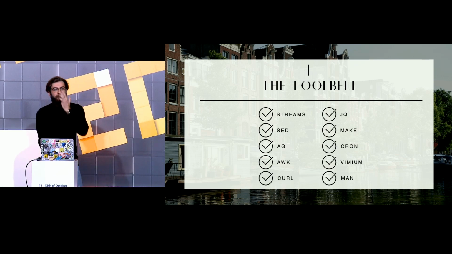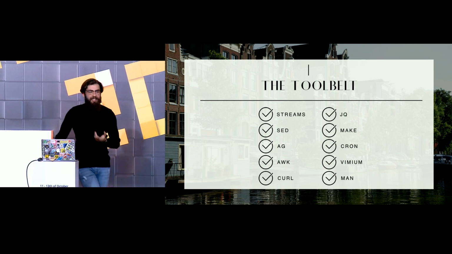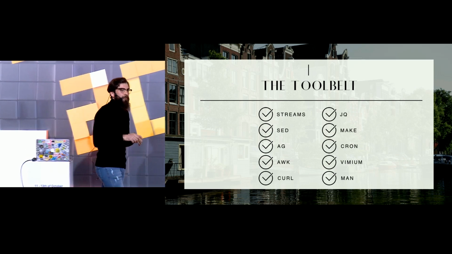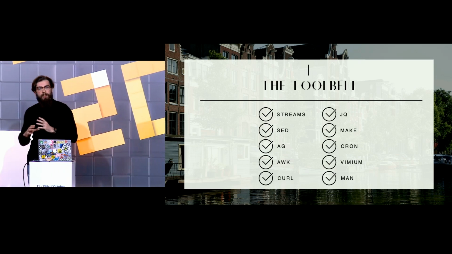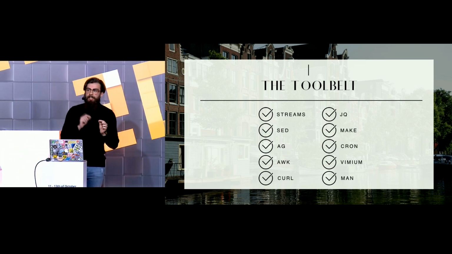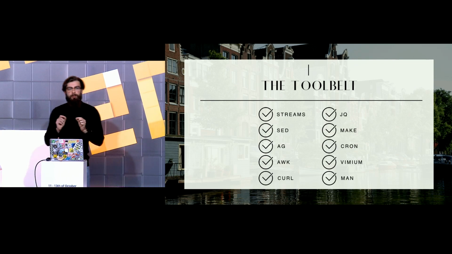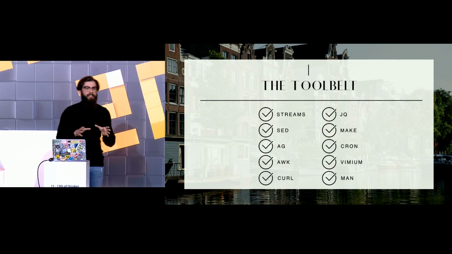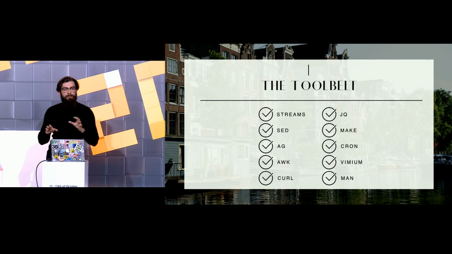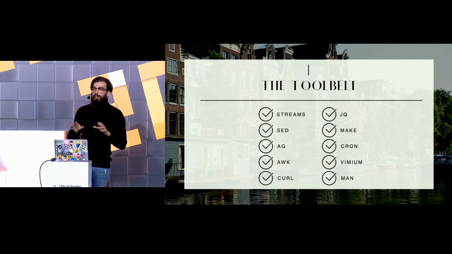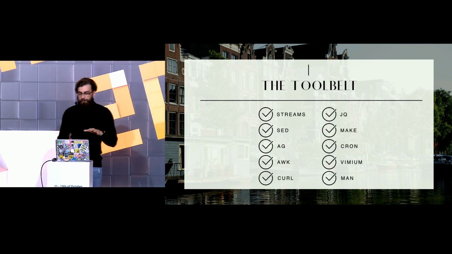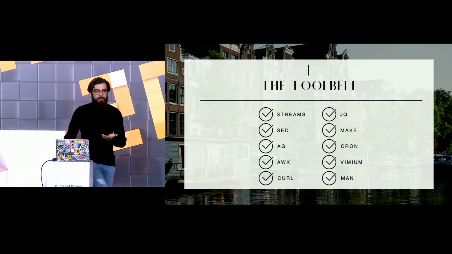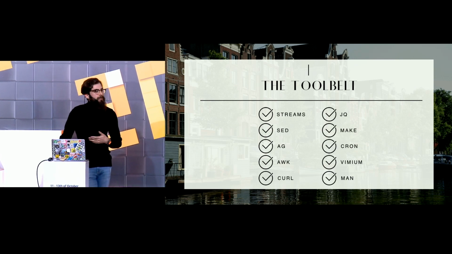Also, it's a very good tool for noticing when websites are not accessible. When you press F on Vimium, it uses the markup to light up what you can click on or interact with. So if a website is not very accessible, not many things will light up, and you can easily notice, right? So if you're developing a website and it doesn't work with Vimium, it will not be accessible to others. So accessibility matters. And then man, which just gives you manual pages.